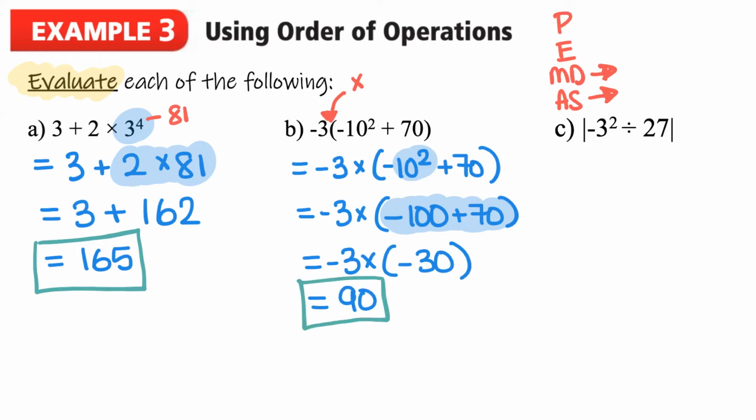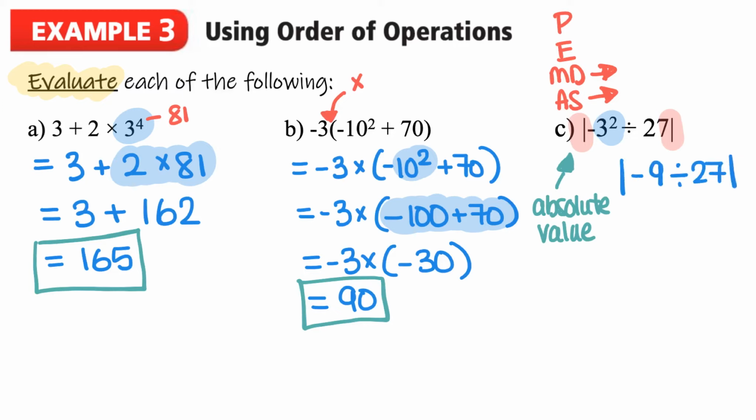Now those two straight lines that are on both sides of this expression, if we remember, those are absolute value signs. So that means that whatever we get on the inside here, we need to take the positive value. So if we have 3 squared, because we have to do 3 squared first because the negative is not with the 3 in parentheses, we have 3 squared, which is 9, and then we have it negative, so negative 9